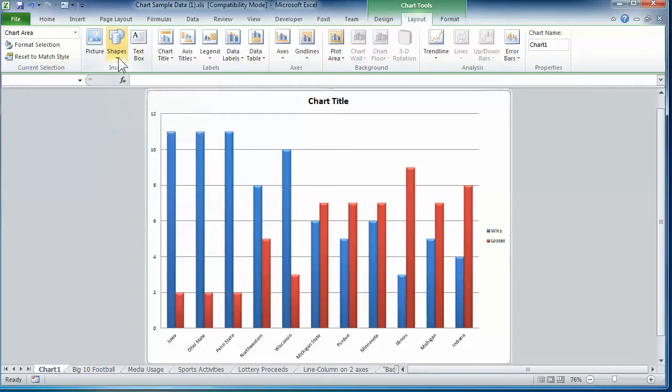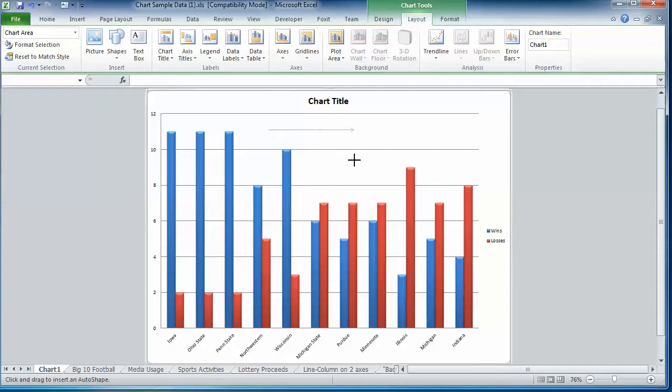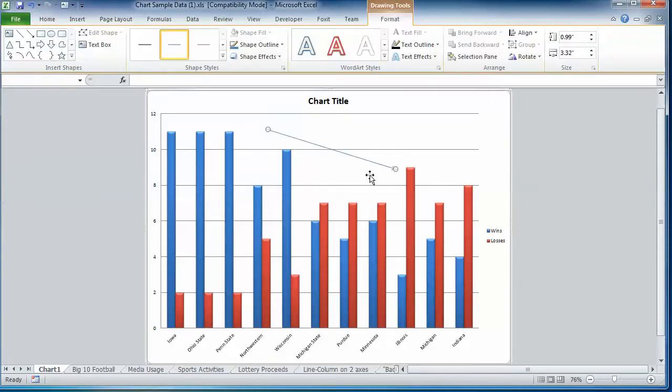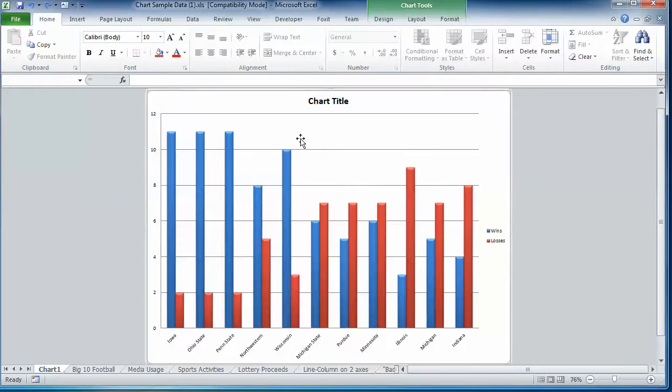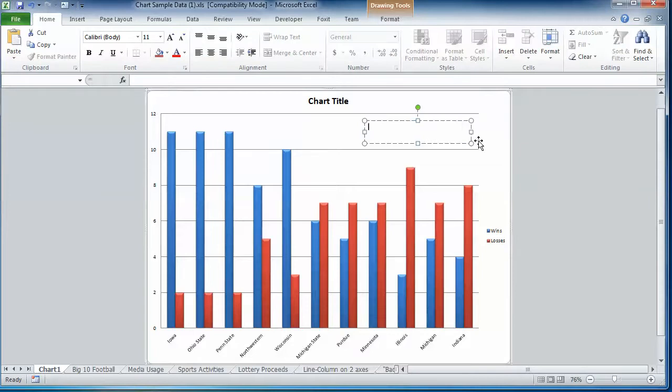Do shapes or text box. Shapes just gives you all of the items here for drawing shapes. If you're doing this in a chart, my guess is that the thing you probably want to use most often might be lines, and have a line pointing out something on the chart. But I don't want that on this particular chart, so we'll just undo that. And same thing with the text box. If you want to add a little bit of text, you can just draw a box any place here and type in the text that you want. And we don't want that either on this one. So